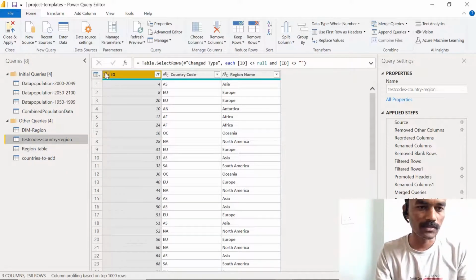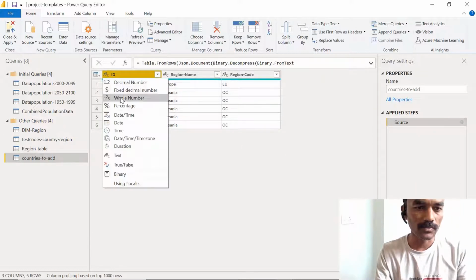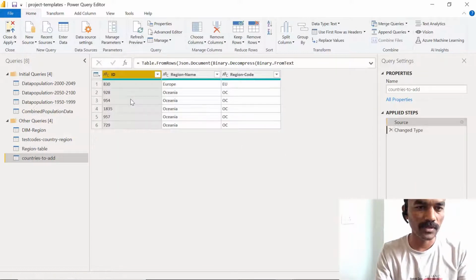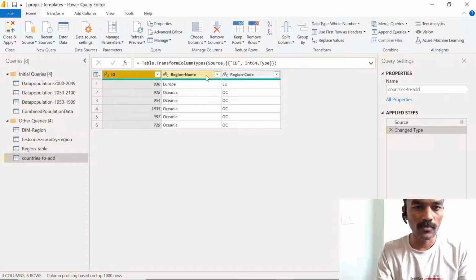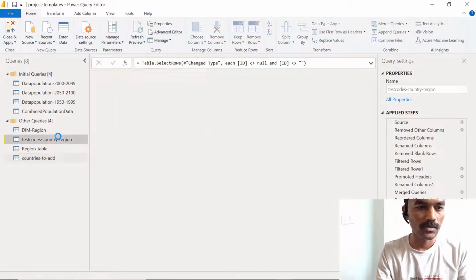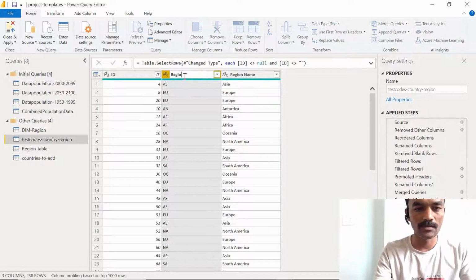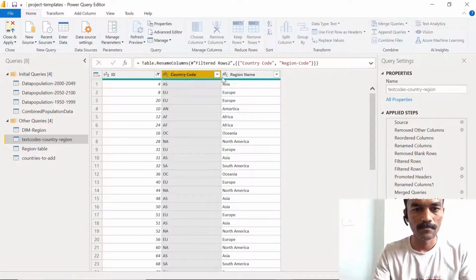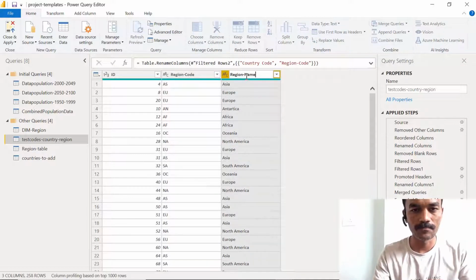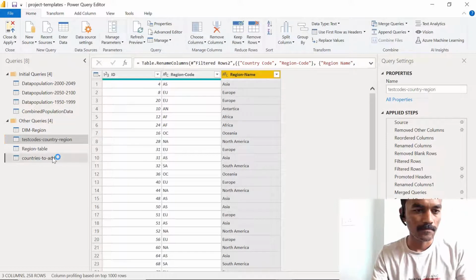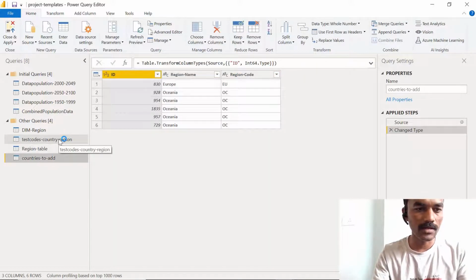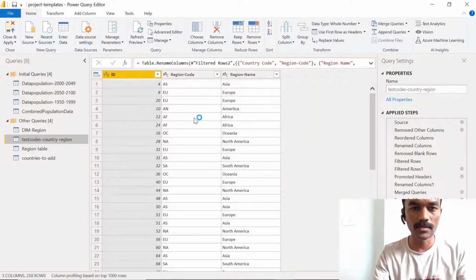Now let's see, this ID column is number format, and this ID column is character format. So let's make it number format, and we do have region name and region code. So rename this as region code and region name, so that all the IDs and columns are the same with their data types as well.